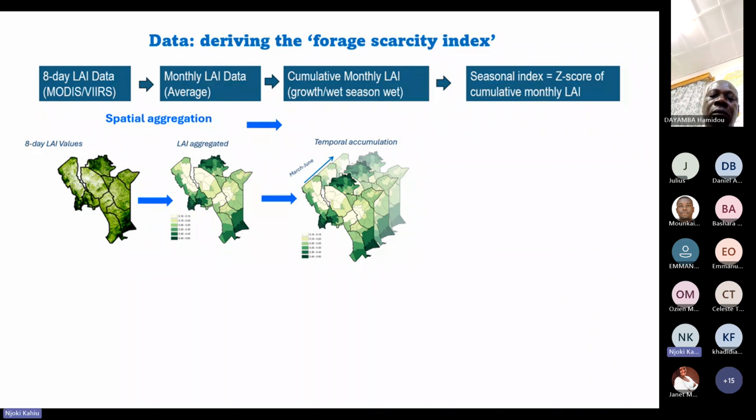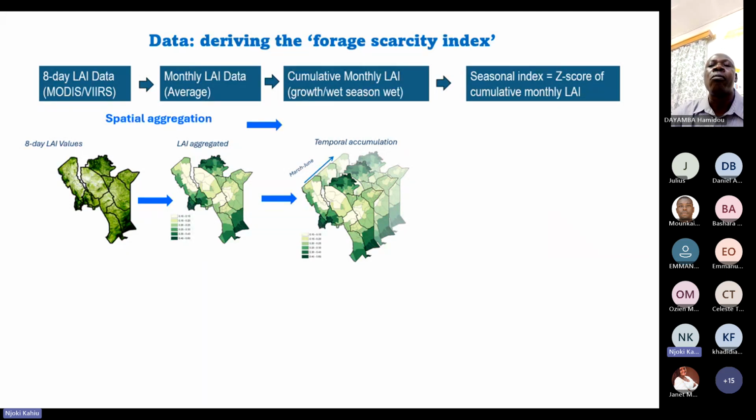So with the cumulative monthly LAI, then you can do a seasonal index by computing the Z-score. Depending on your application, you might decide that you want to do this at per pixel level. But more often than not, we have found that this might not be meaningful because of the noise that is introduced in a lot of our data. Even if we are implementing some smoothing and gap filling steps, it still doesn't capture the trends as we would want. So maybe you will take the 8-day LAI and decide, instead of doing it at per pixel level, to aggregate it at